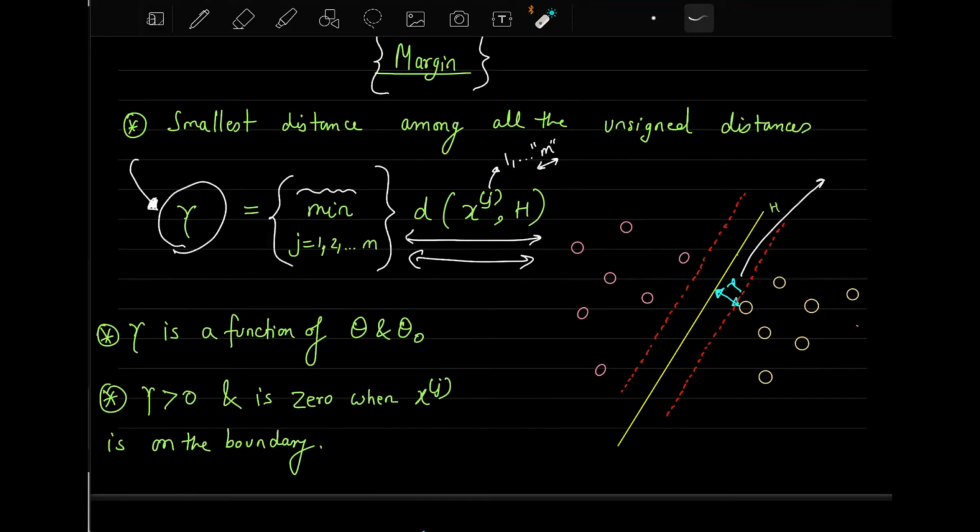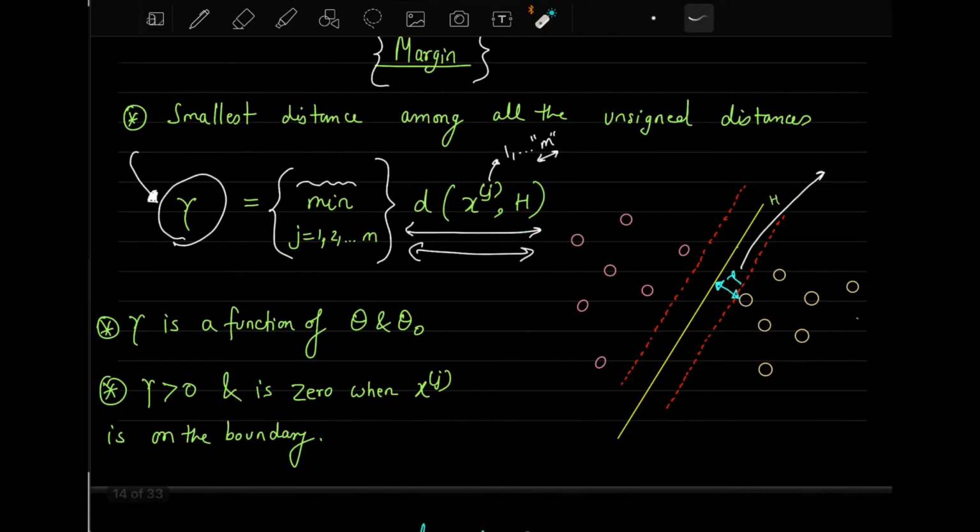Because we are including the hyperplane H there, which consists of theta and theta naught. That's why it's a function of theta and theta naught. Right, good. Gamma is a function of theta and theta naught because h is there. So this h plays an important role. If you tilt this h, because right now I have drawn this h in an arbitrary sense, but let us say your h is like this, or let me draw it like this, then obviously your gamma will change.